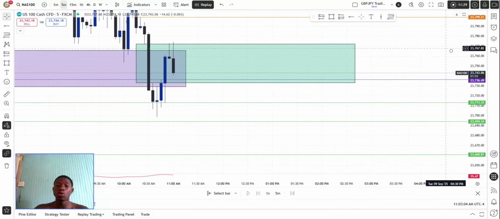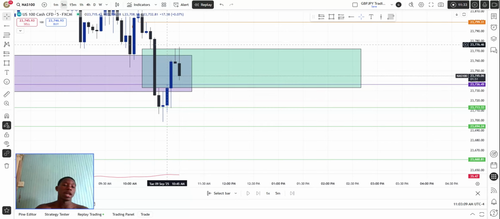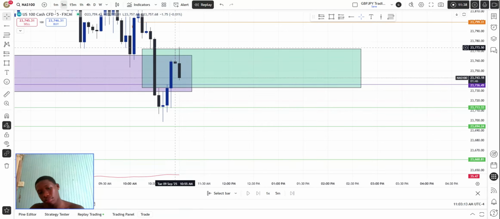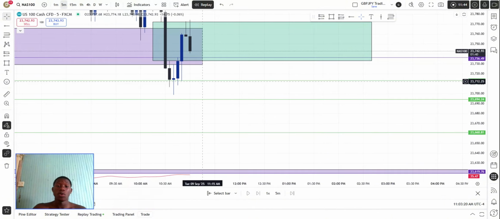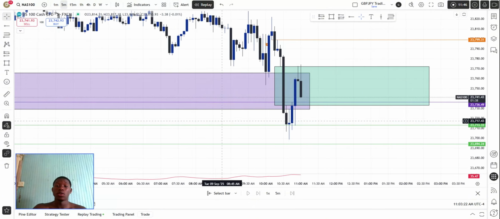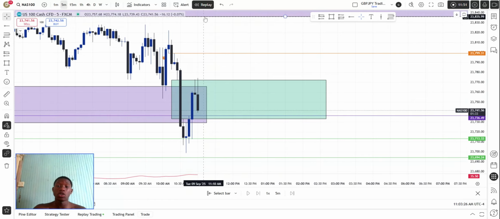We've seen that price did close. If it closes above that FVG, that means it disrespects that bearish FVG, meaning price is more likely to go to the uptrend. But right now we're seeing it respecting that. Alright, so what we want to do, we could either wait for price to come on top of that right there,